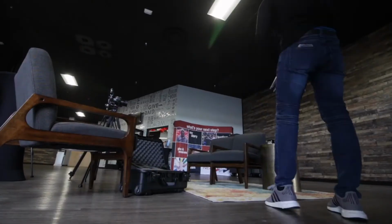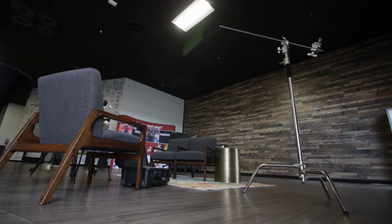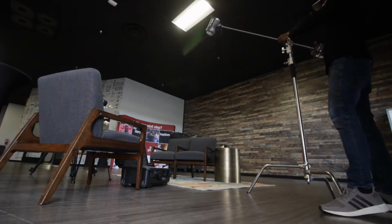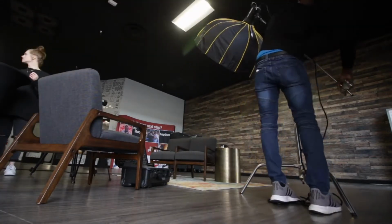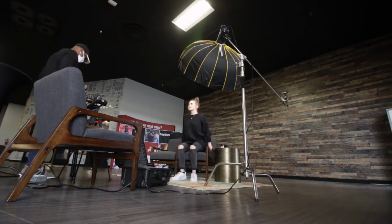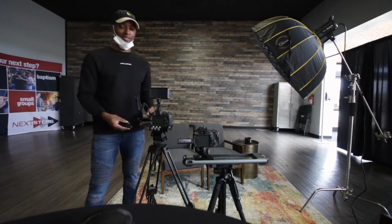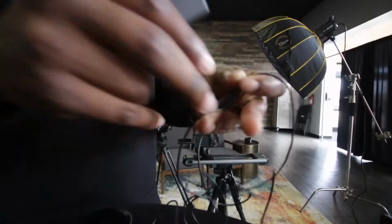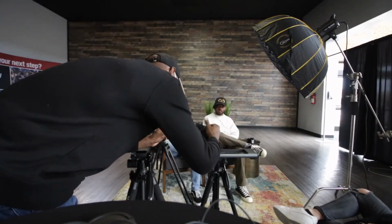I also set up some pipe and drape on the side where all the light was coming in so that I can control the light on my subjects. So then I begin to set up my lighting, and that is my key light, and I had somebody stand in so that I could actually see what it looked like. So I set that light up, then I began to set up my hair light in the back,